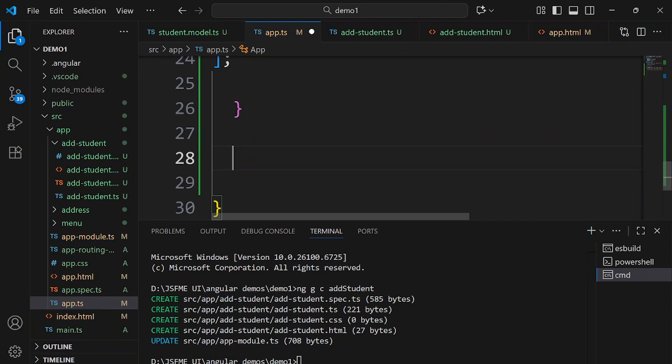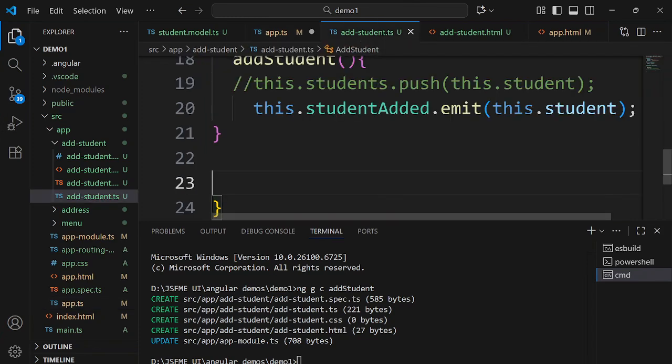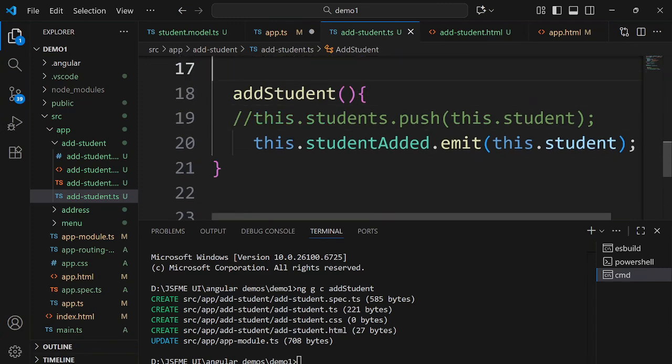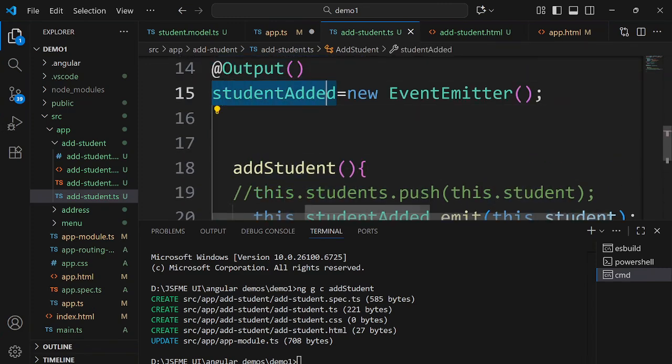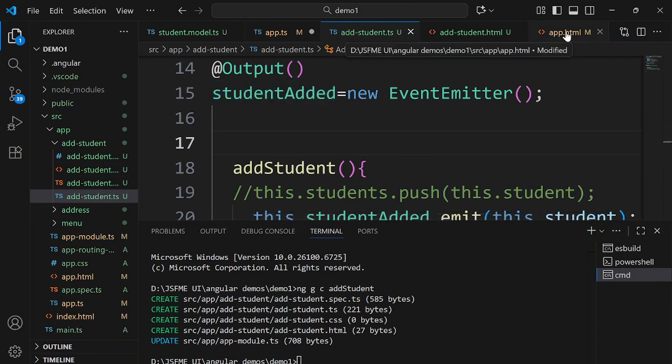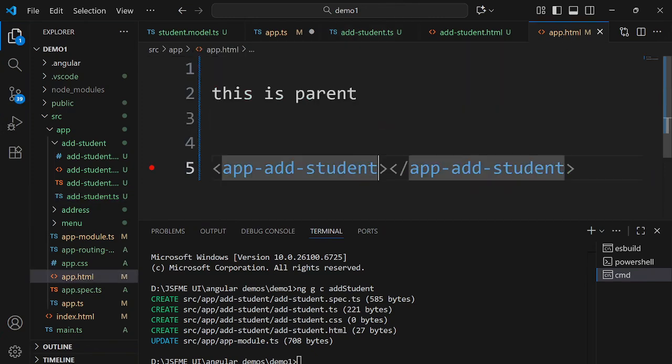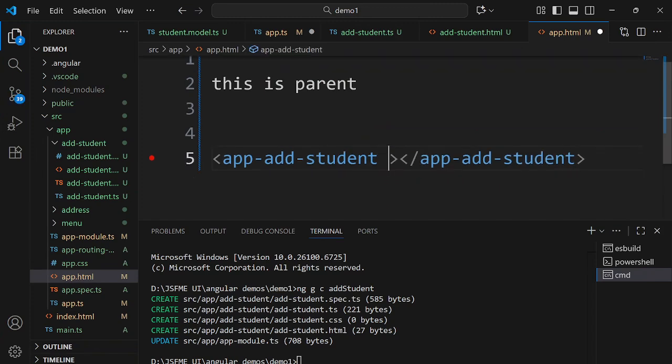Fine. So let's see that the event is happening there, right? So whatever event is happening, that has to be taken. So let's go to the add student, and in the add student I have this student added. So this is my event that is happening, right? So I'll take this event, and I'll tell my app.html that this event is happening, right? So upon this, I'll say when this event occurs, sorry,